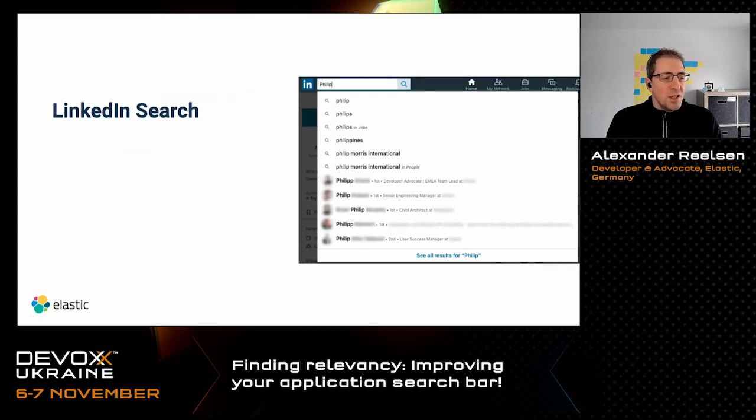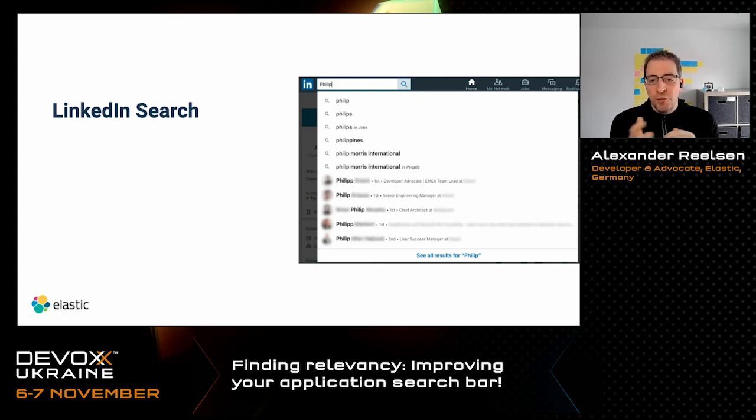So let's switch gears a little bit. So we get more to the demo, and let's take a look at LinkedIn search, because this is what I brought for my example as well. It's a small Svelte application which queries Elasticsearch, and I took a look at the LinkedIn search. Like, how is it working? What is it doing? Can we copy the behavior, and what is a generic behavior, right?